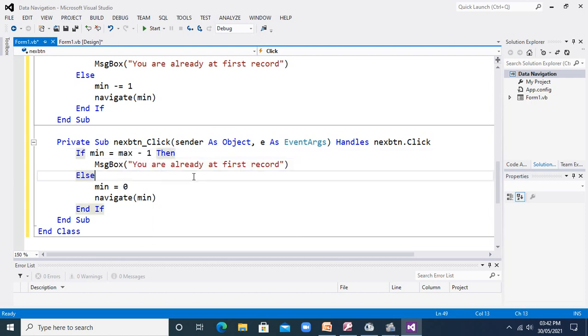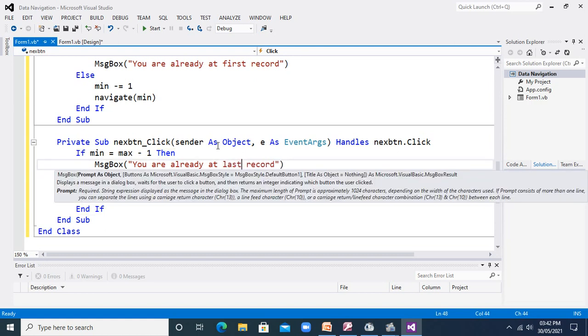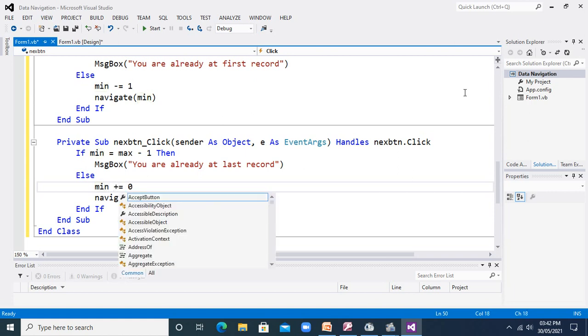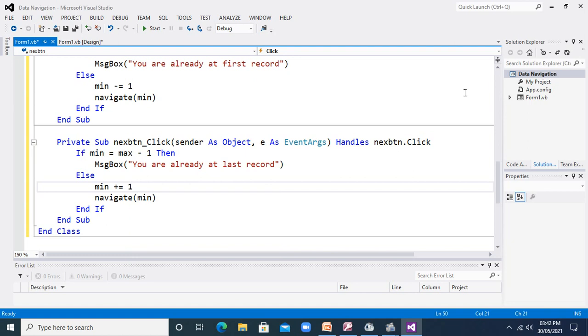If it is, then it should display that you are already at the last record. And if you are not, then I will increase the value of mean by 1. Okay, so in this way, and I will call my navigate subroutine.